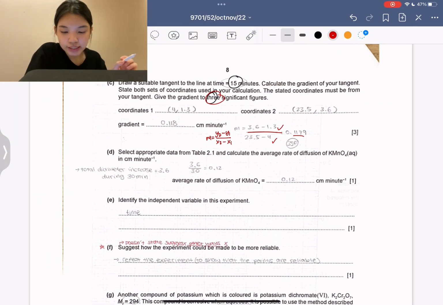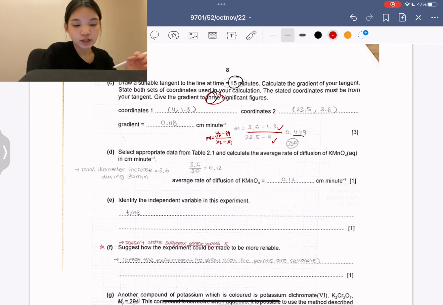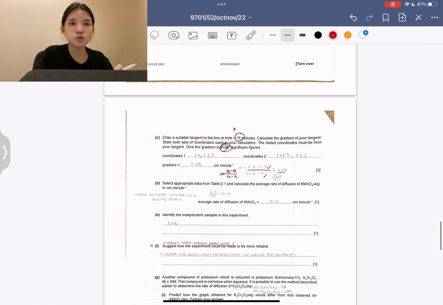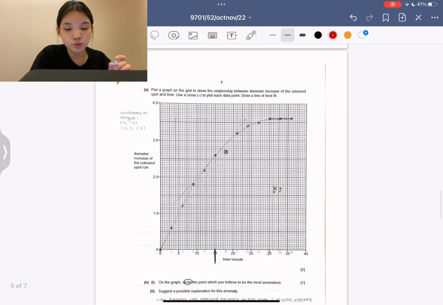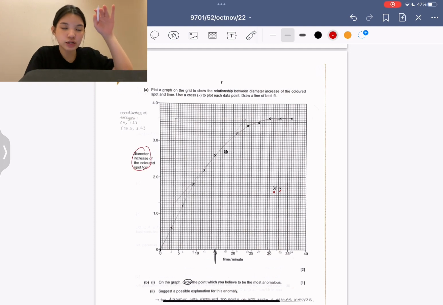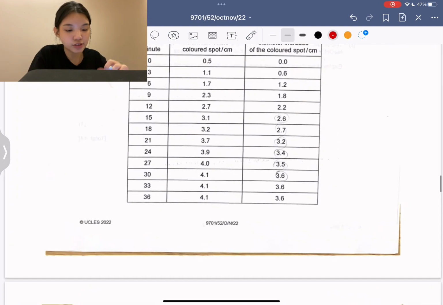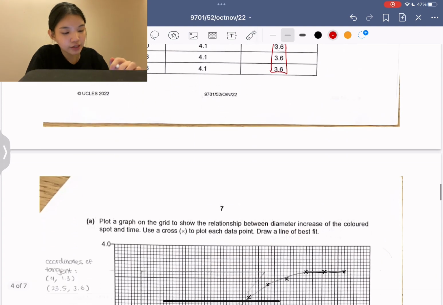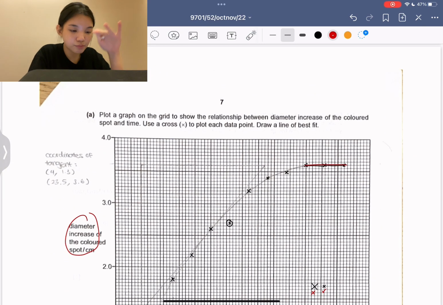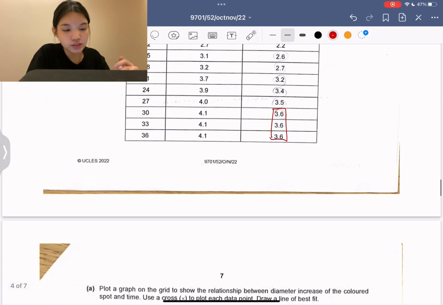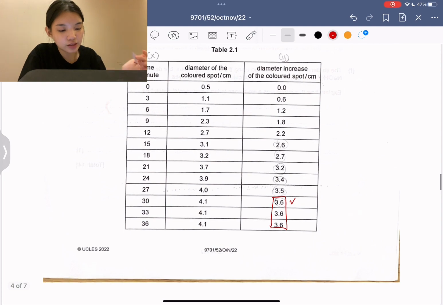Next, number D. Select appropriate data from table 2.1 and calculate the average rate of diffusion of KMnO4 in centimeter per minute. So the average rate of diffusion would be the point where the diameter increase would be stagnant, constant. In here you could see that it's 3.6. In the graph you can also see it's where it plateaus. It starts to be 3.6 centimeters at minute 30. So